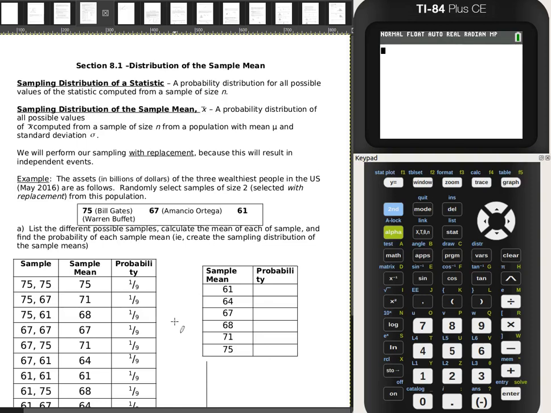Hello everybody, I want to introduce you guys to chapter 8 with this section 8.1 notes, which the title is Distribution of the Sample Mean. So we've seen before, having a distribution and being able to calculate the mean of that distribution. For example, we've seen normal distributions, we've seen binomial distributions,